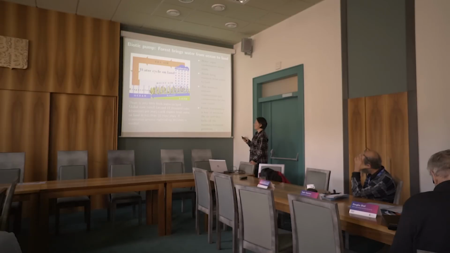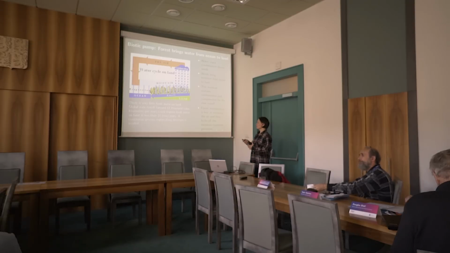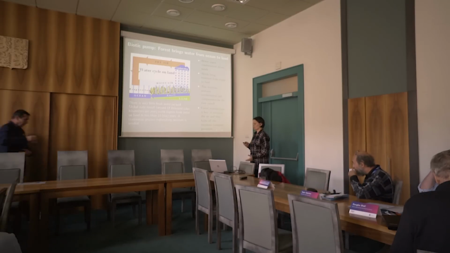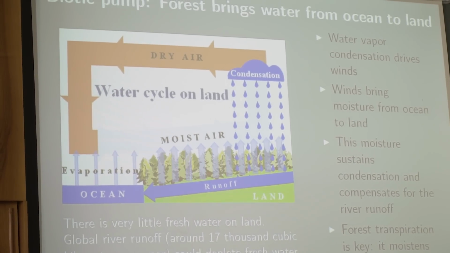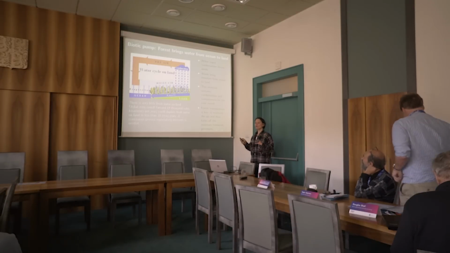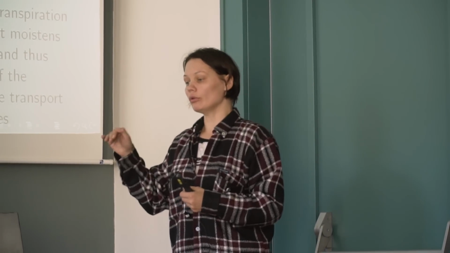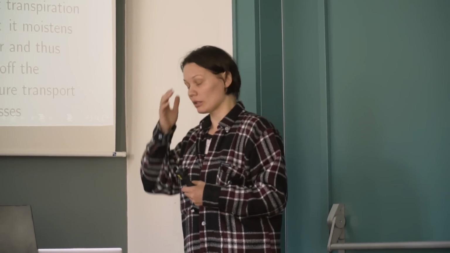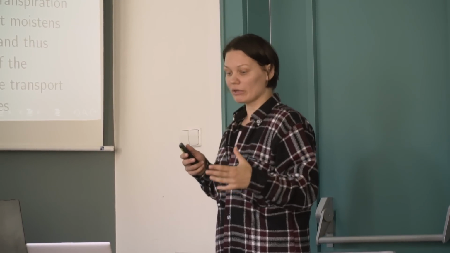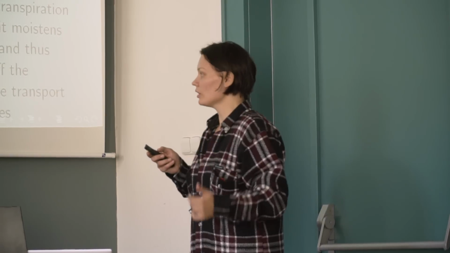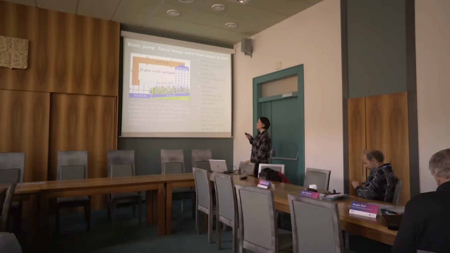To give you an idea how immediate is this need to replenish the moisture store, just think that all water that we have on land could run off to the ocean in just a few years, according to the existing estimates. So all water in soil, in lakes, in rivers, in glaciers, everywhere that we have, if we divide it by the existing runoff, it will disappear in just a few years. So we need a continuous inflow of moisture through the atmosphere.